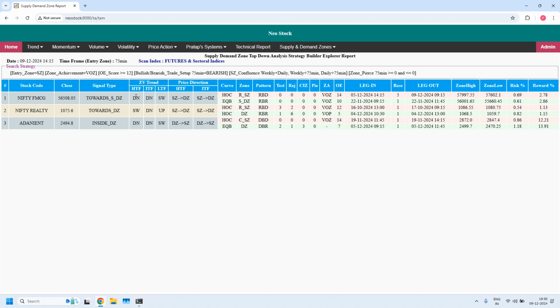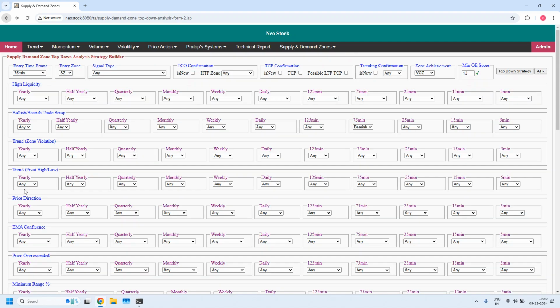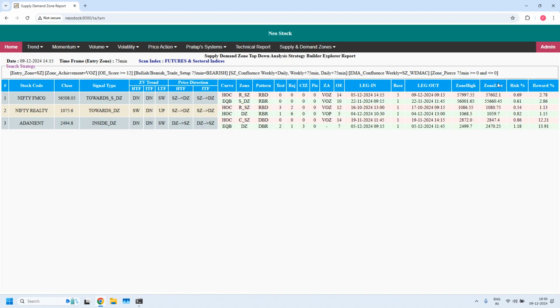In these 3, the first one and third one are sideways trend. Let us verify if they are having a weekly EMA confluence. So in the EMA confluence, weekly time frame, weekly supply zones having weekly EMA confluence filter is enabled. All 3 are filtered. You can ignore the second one because weekly trend is sideways, but the remaining are downtrend. So this is about bearish trade setup for